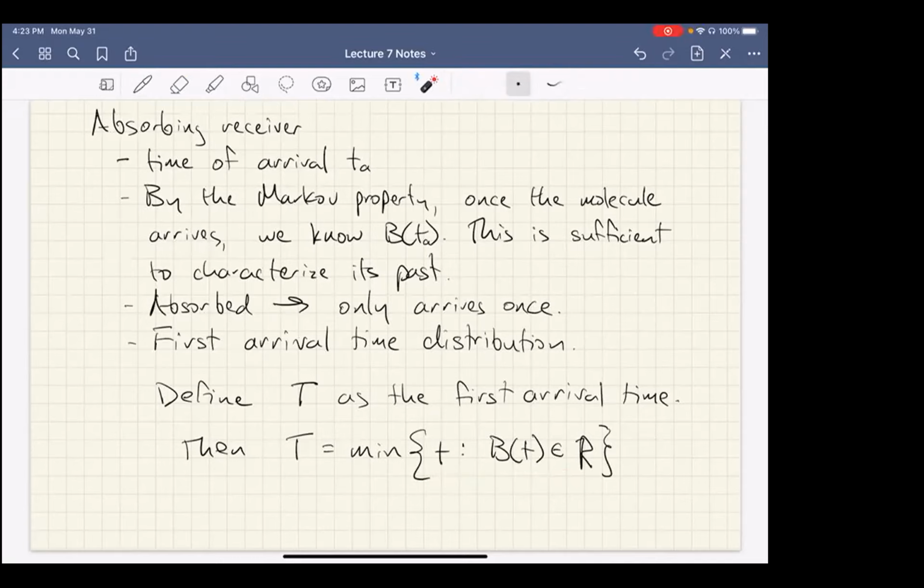Notionally, it can continue past the boundary or not. We assume that it terminates, so this is valid either way. But if this is the set of times where the Brownian motion is inside the receiver, the first arrival time is just the minimum of those. In one dimension, which is what we're talking about here,